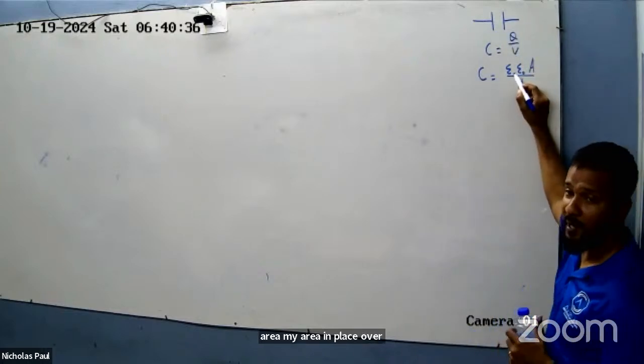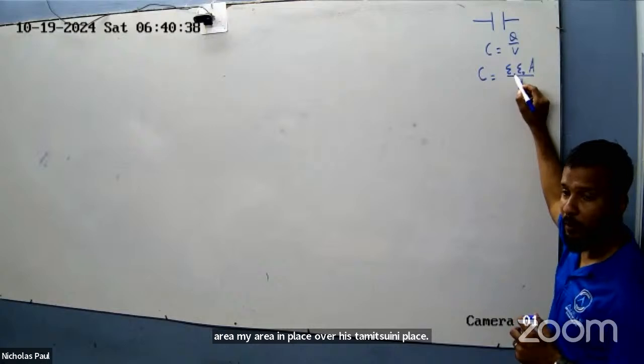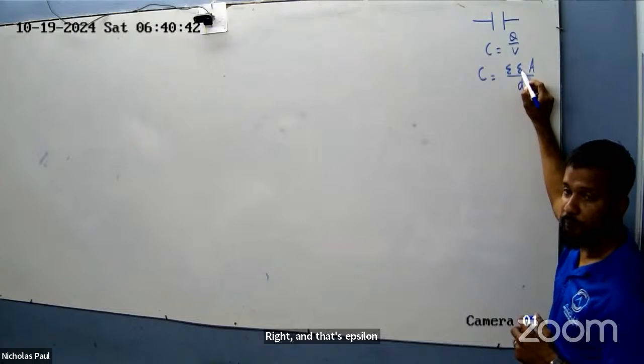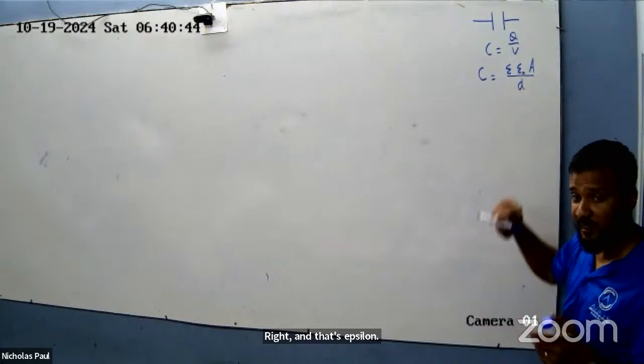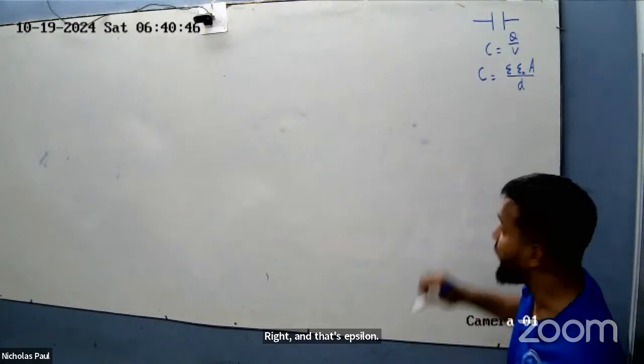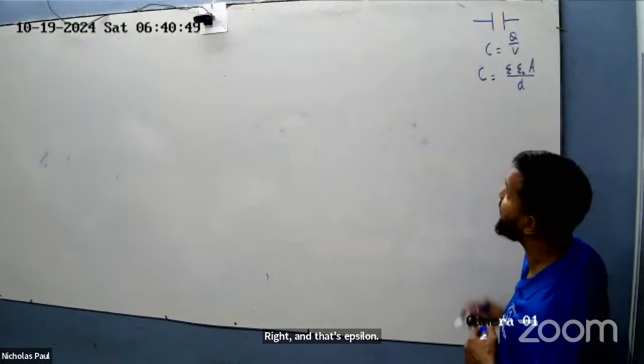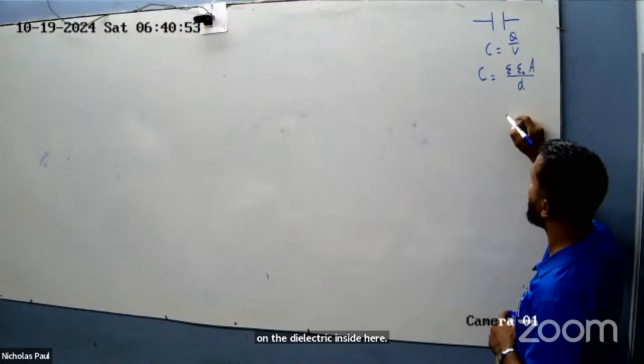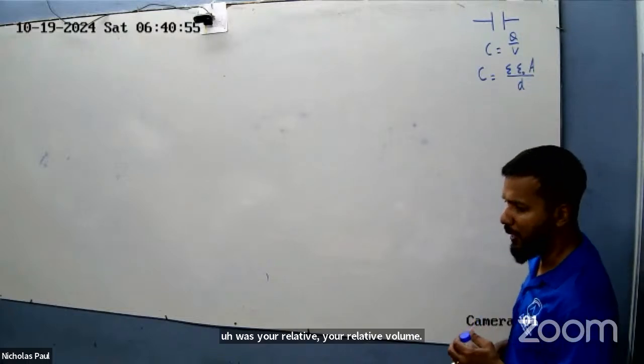What is epsilon naught again? 8.85 by 10 to the power, right? And the next epsilon is a dielectric coefficient, right? So it's based on the dielectric inside here. It's the relative value. After this, we started to look at